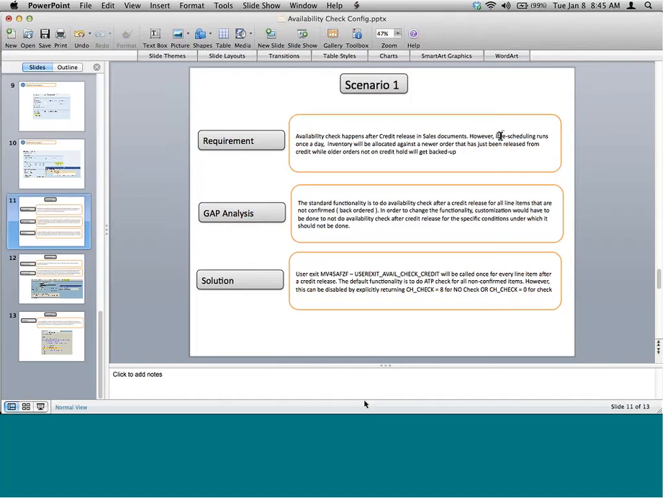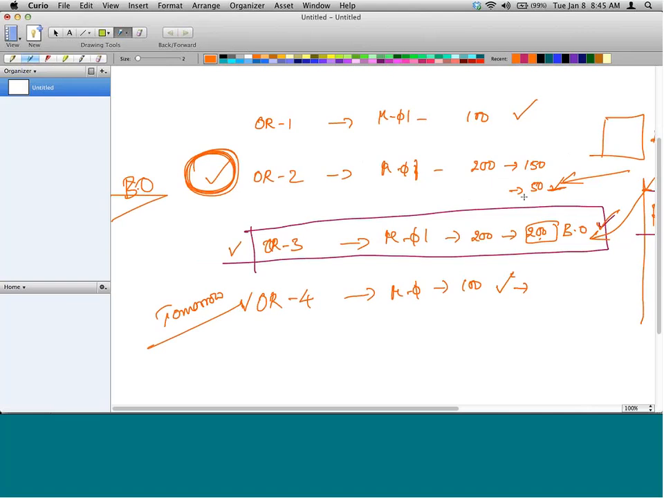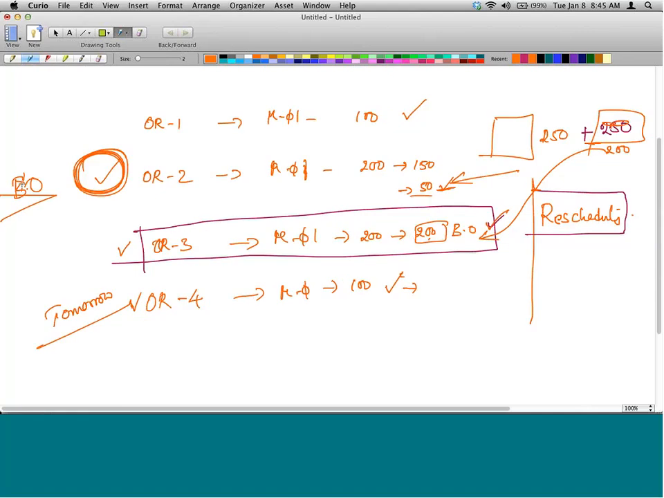The problem statement says, if rescheduling runs once a day, inventory will be allocated against a new order that has just been released from credit hold, while older orders not on credit hold will be back ordered. So let's say this particular order is back ordered, because of this 50. And sorry, it's on credit hold. When the order is on credit hold, availability check will not be confirmed, because if our customer did not pay,